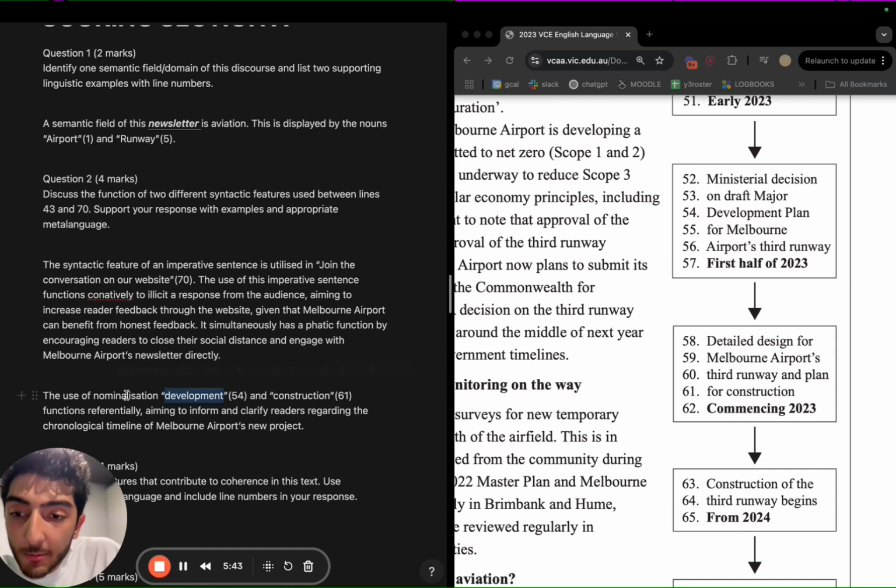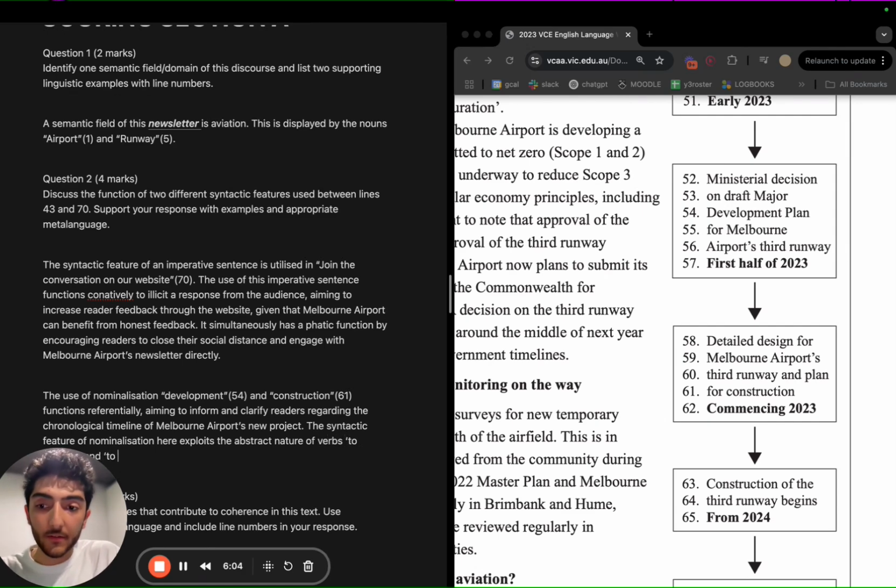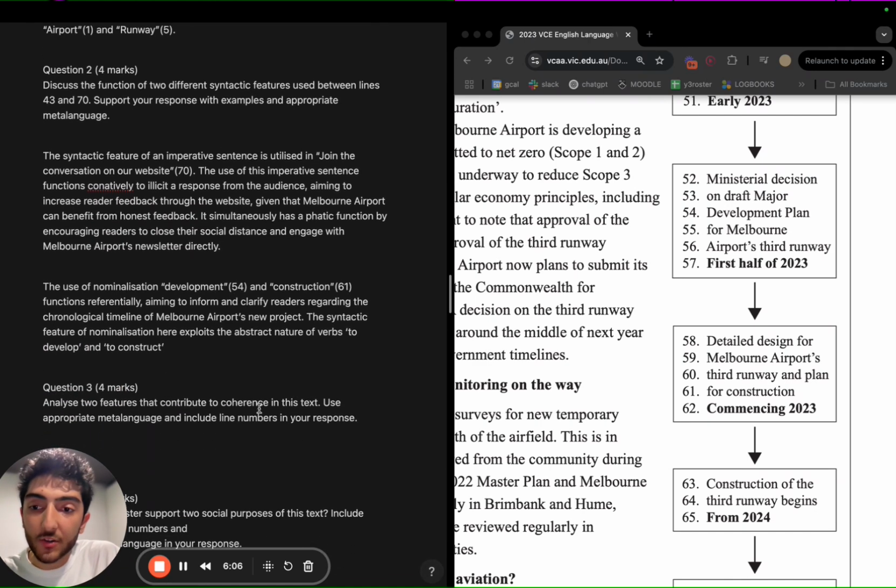And really, we want to talk about the actual syntactic function of nominalization, which the use of the syntactic feature of nominalization here exploits the abstract nature of verbs, to develop and to construct. And what does that actually do?